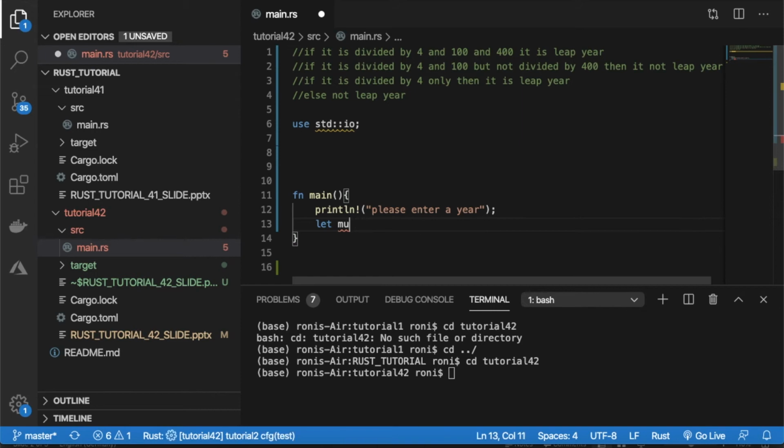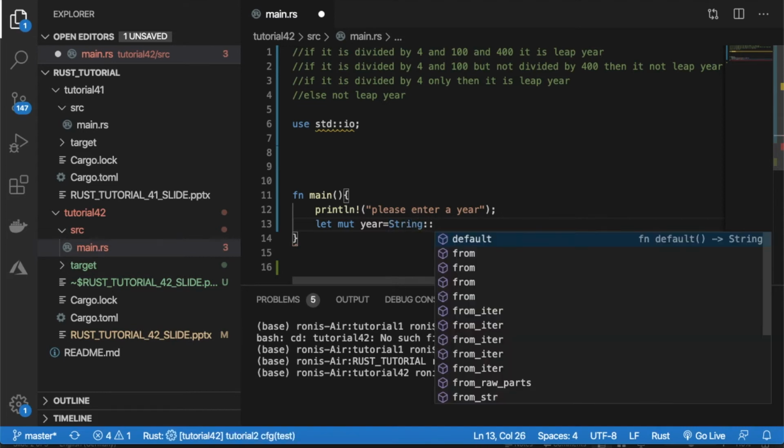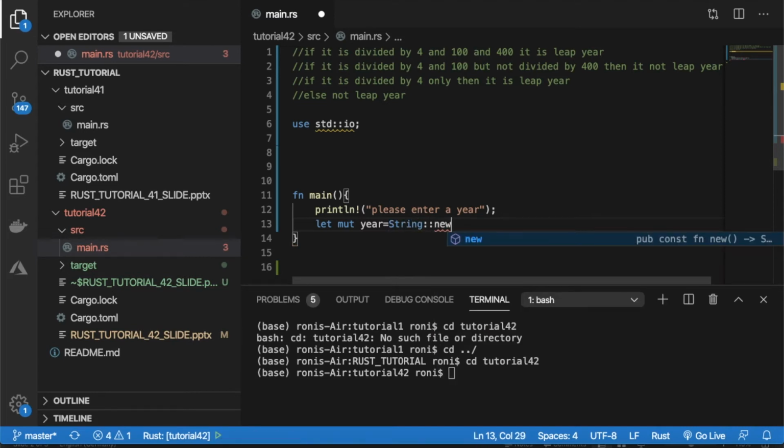So one more time, the year is going to be a string. I'm just declaring this variable. Now I have to assign the value from the user input. So for that,